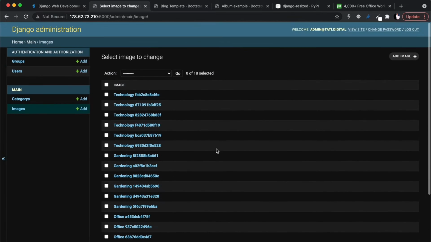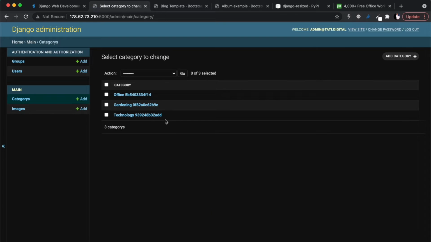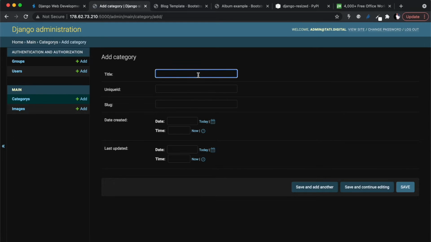Okay, so basically there's a category, there's the images. If you go to categories as well, you will see I only have 3 categories: technology, gardening, and office. And I'll show you how to create a new category. You can just go over here and create a new category and call it anything that you want. I mean, I can call this sporting, right? And then I don't have to save the unique ID, the slug, or any of these,